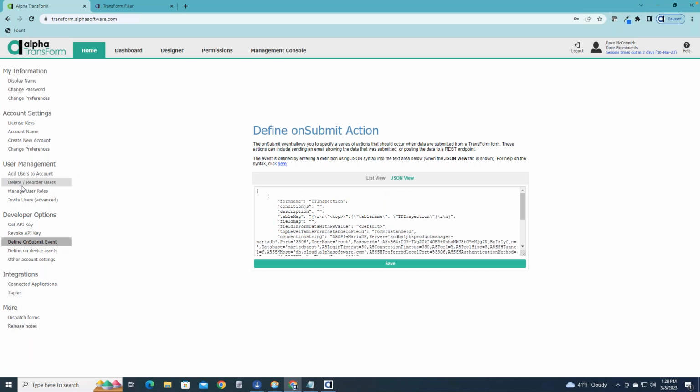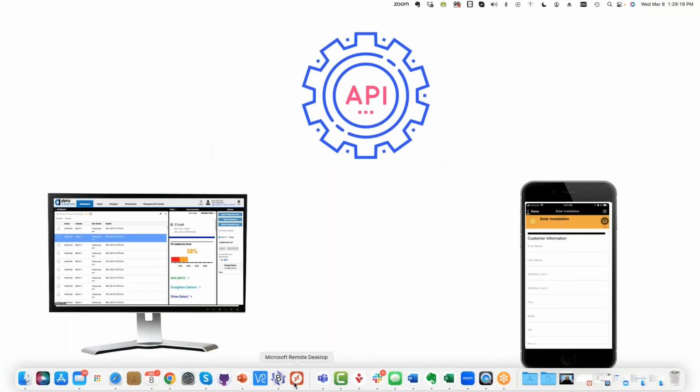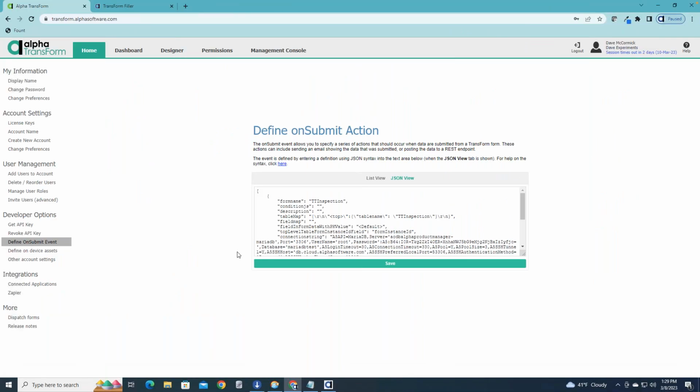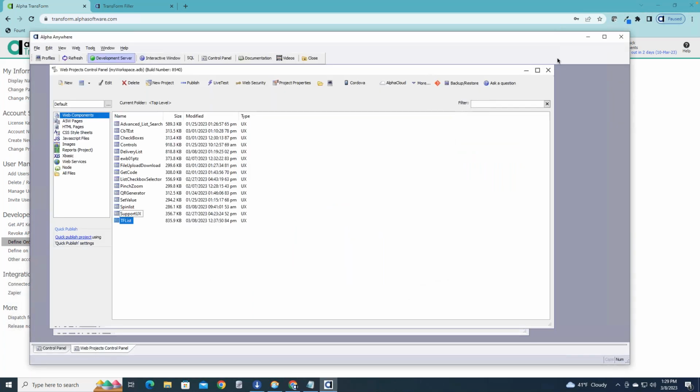The very last thing I want to talk about is our on-device storage. So let's pop over here. I'll show you what that's about. On-device storage applies not just to Transform, but also to your Cordova apps. It's a way of loading assets onto a phone or mobile device that might be used in the field and